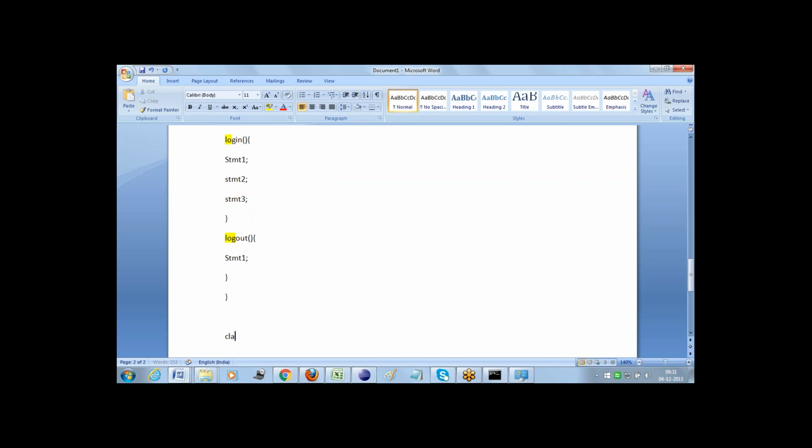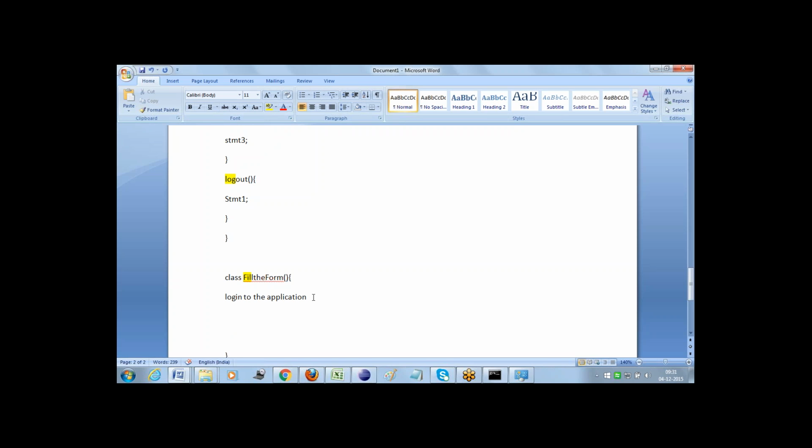And here I am creating another class, which is fill the form. This is my class name. In order to fill the form, first of all we need to log into the application. As we have already written the code for login in the registration class, I need to call the method defined over there from here.